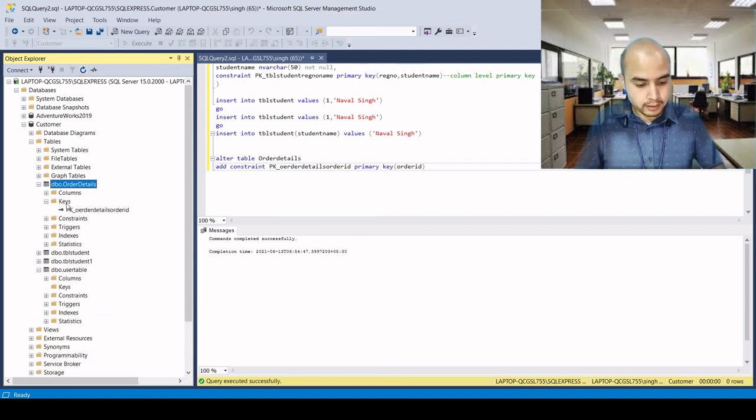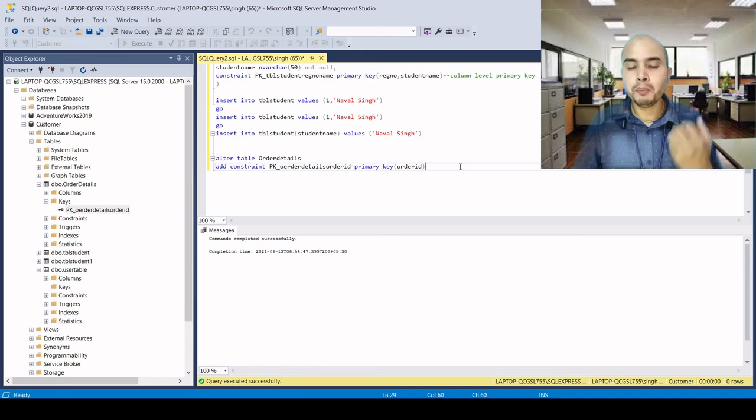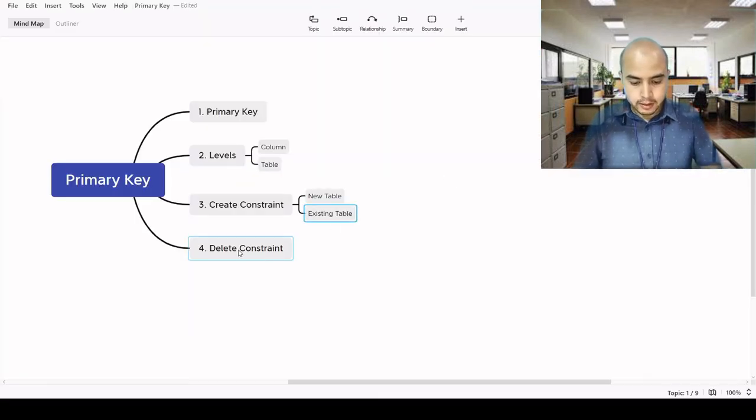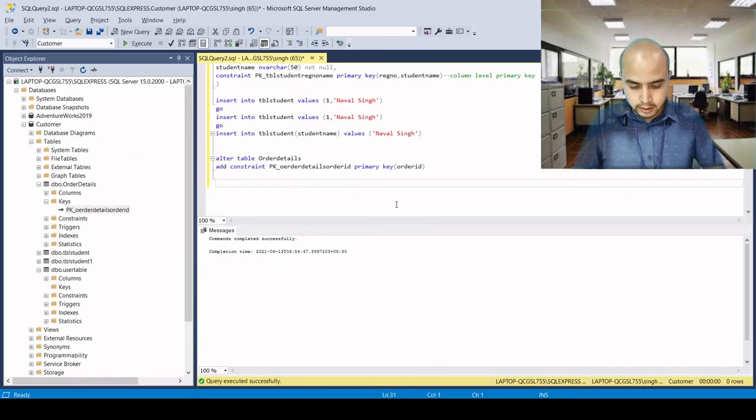Click on the plus sign, and here we have altered that table. We have modified that table by adding a primary key on it. And next is how we can delete the constraint. Deleting a constraint is also an alter table. The table name is order details.